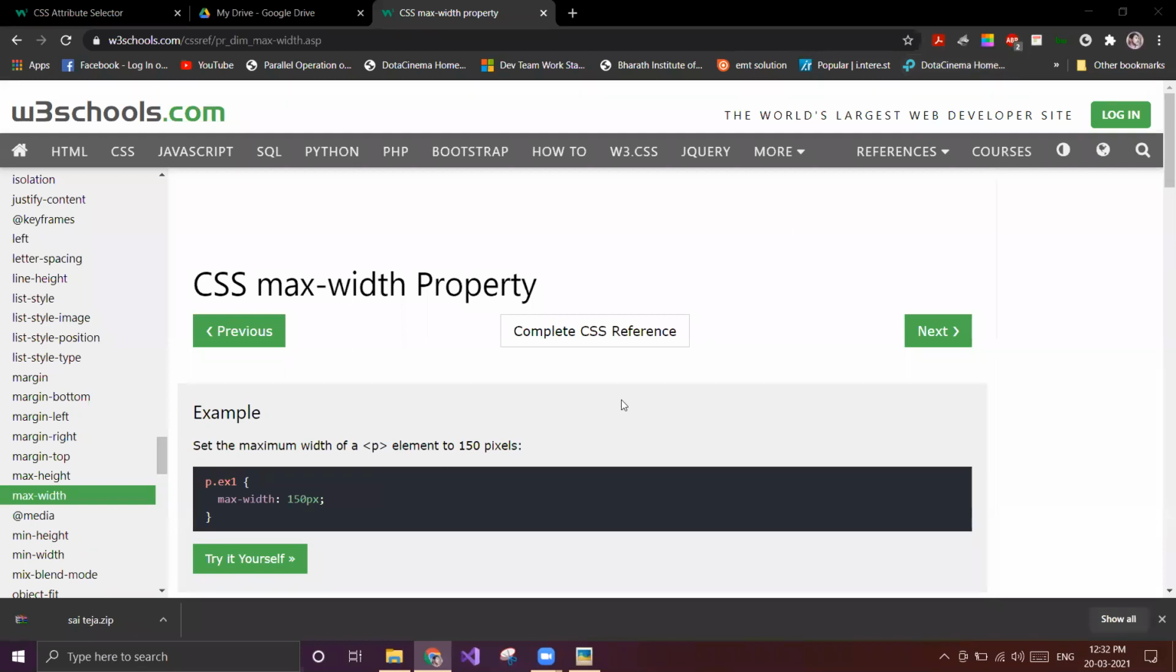Okay, so one more thing I want to show. There's a property called max width. What the max width property does is, suppose we have block level elements. What will block level elements do? They will occupy the whole width of the viewport, isn't it? So suppose I want the block level element to occupy only 80% of the width or only 50% of the width, isn't it? So what